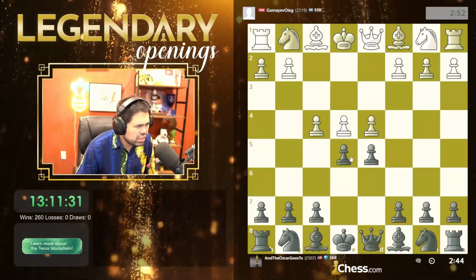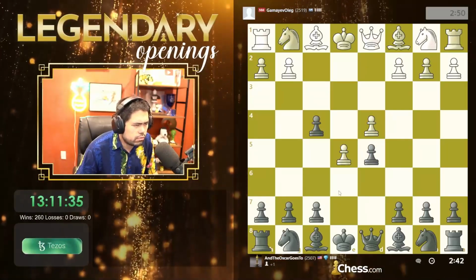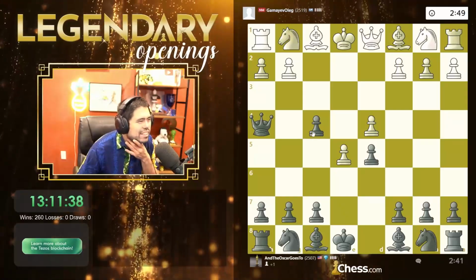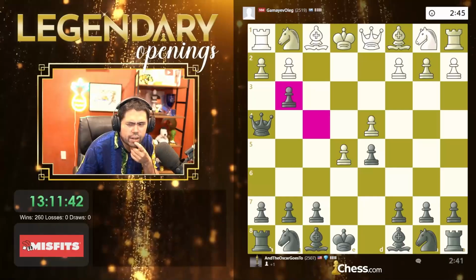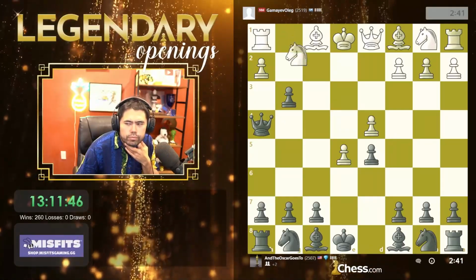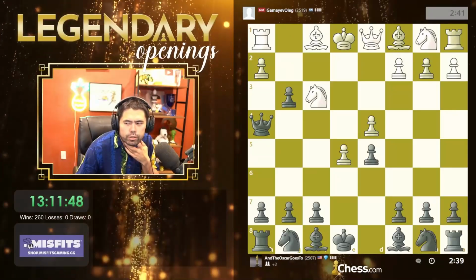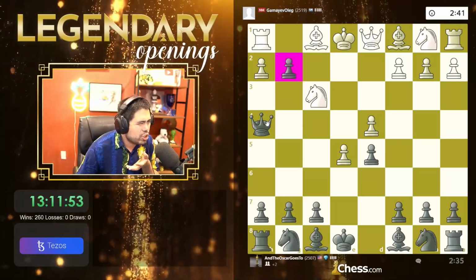What is this? Is this some kind of dank theory that I'm unaware of? Oh, is it just gonna transpose after takes? Wait, what is this? This doesn't look right. Doesn't look right at all. Maybe I'm wrong, but it doesn't look right. Okay. Wait, what? Don't I have just check winning the...